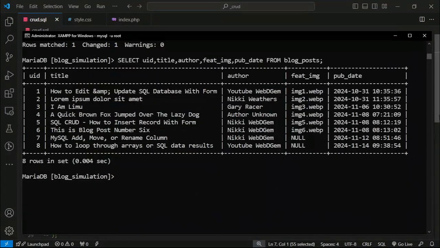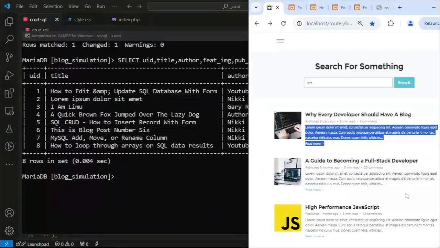So now that we have data in our database, we can go ahead and create this. So we're working